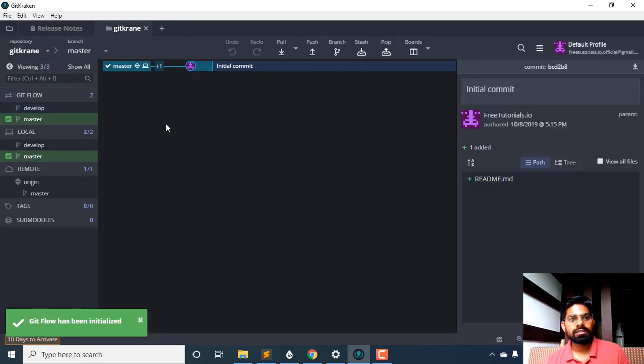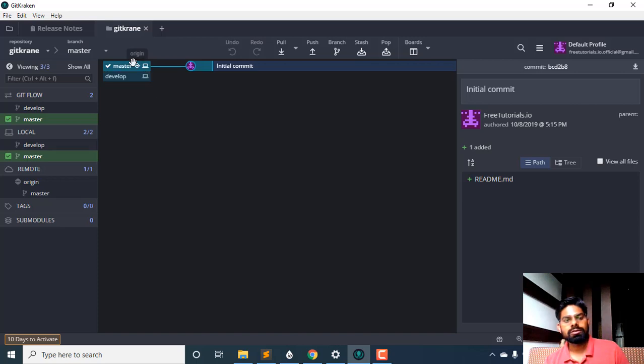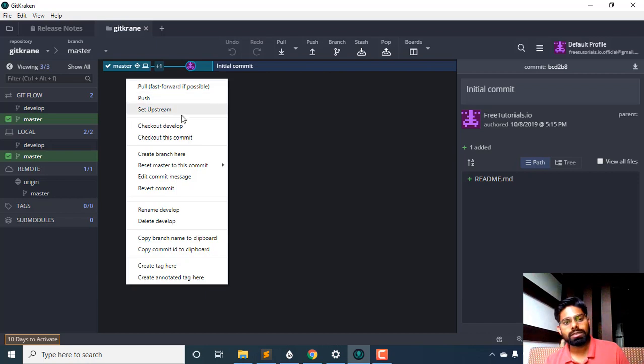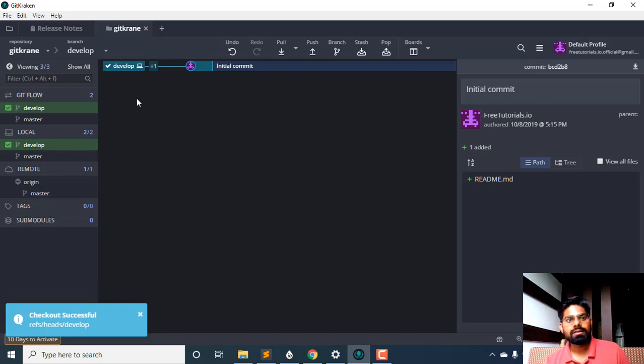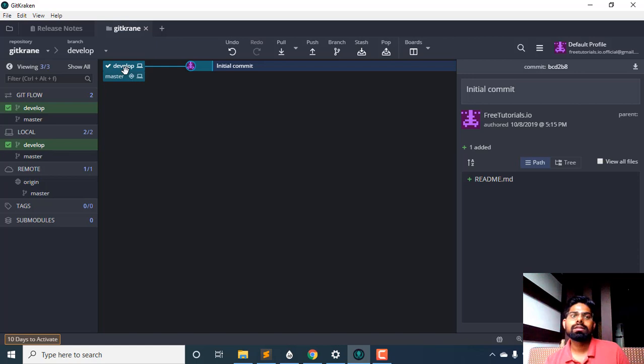If you come back, you will see that a new develop branch has been created. If you want to go to the develop branch, you can right click it or double click it, and this is the checkout on develop. This arrow icon basically defines where you have checked out currently, and you see two more icons if you are on master. One is this, which means that